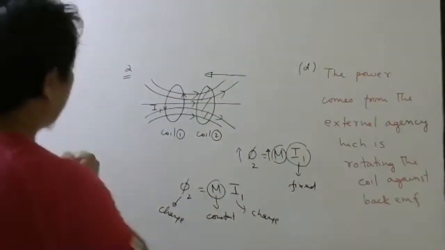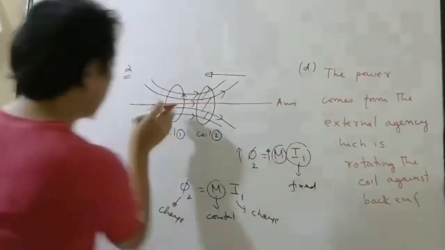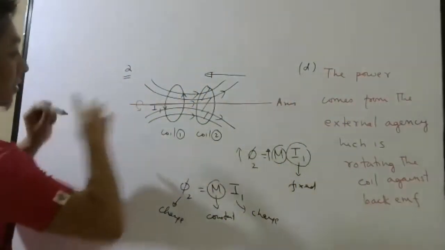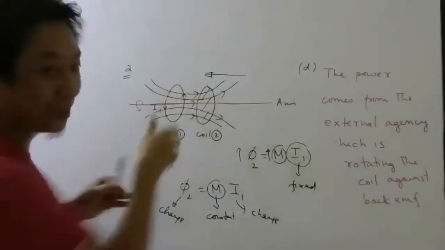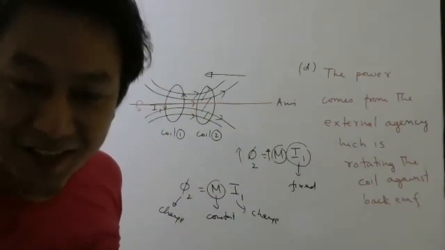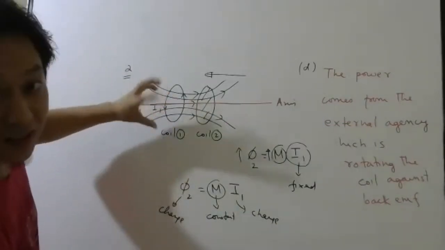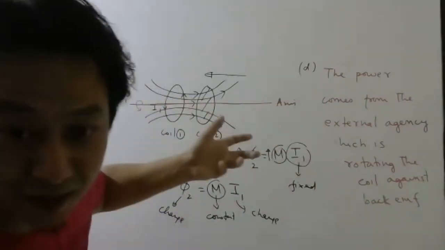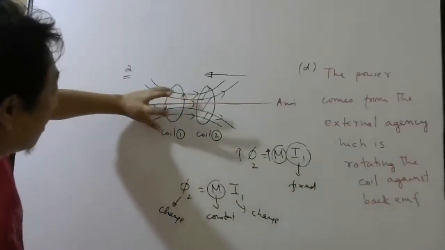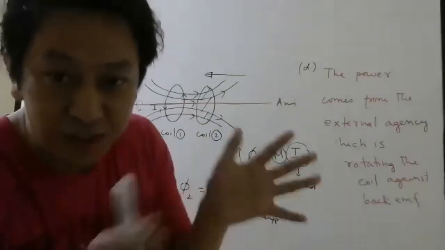So if this is the axis and you rotate this coil like this, will the flux linkage change? Will the nature of the magnetic field lines change? Think, students, once nicely, because they've told rotation about its axis. Very good. If you rotate this way, the magnetic field lines will not change. The overall shape will not change.